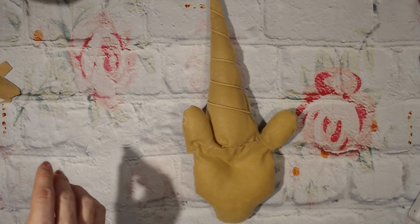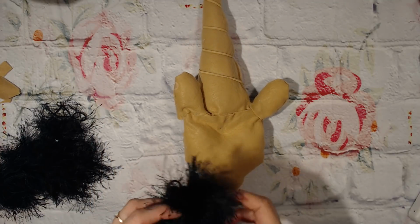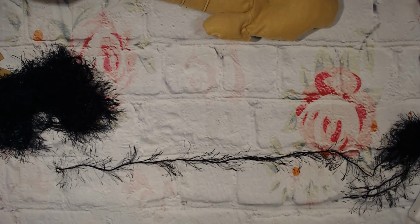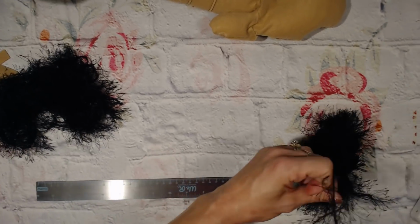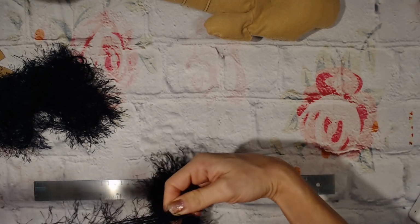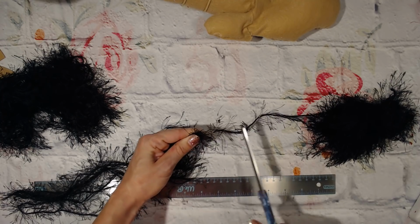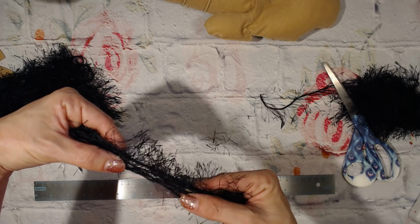So, take that, and then we're going to have your, what do you call it? Eyelash trim. So this is how I do the eyelash trim. You can do them as bulky or as little as you would like. I basically take my ruler, it's 18 inches, and I just double up on it. I usually do 7. 1, 2, 3, 4, 5, 6, 7. But the more you do, the more bulkier it is, fluffier hair. So I just take that, you have your 18 inches, and then I have 1, 2, 3, 4, 5, 6,